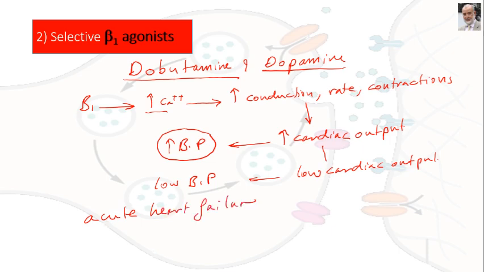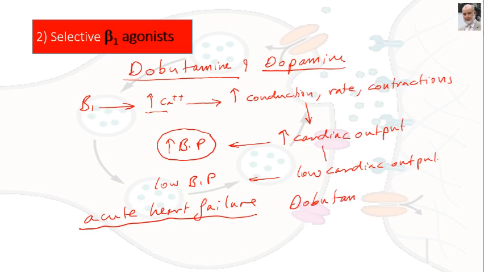In acute heart failure, usually there is a decrease in cardiac output. This is why it is called heart failure. Heart failure means a decrease in cardiac output. This decrease in cardiac output will be accompanied by a decrease in blood pressure. So dobutamine in this case,